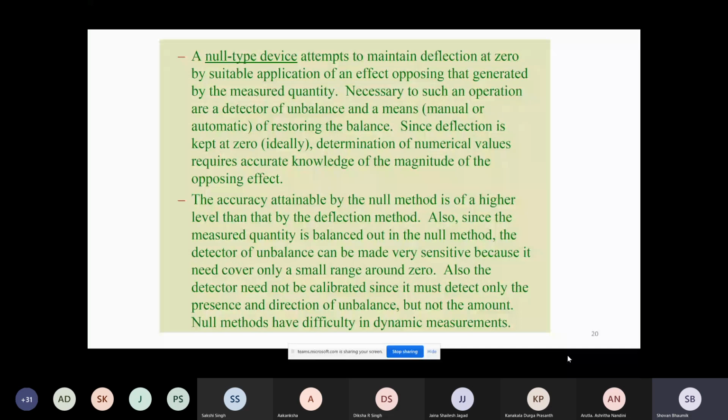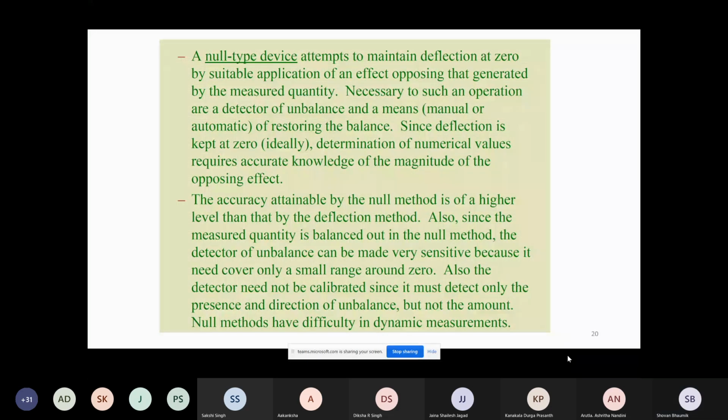For example, I give one example. Suppose the Wheatstone bridge. All of you know the Wheatstone bridge. When you use a Wheatstone bridge to measure either the resistance, the capacitance or the inductance, what we try to do is restore the null balance. When it is at the null position, then we see some other parameter and then we measure. Here, if the slightest current passes through, the meter gets deflected. So achieving null is difficult, and when you achieve the null, it's very sensitive to it. That's why generally the null method is more accurate than the deflection method.